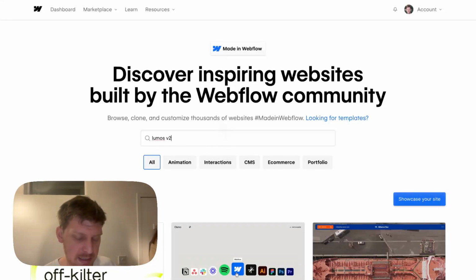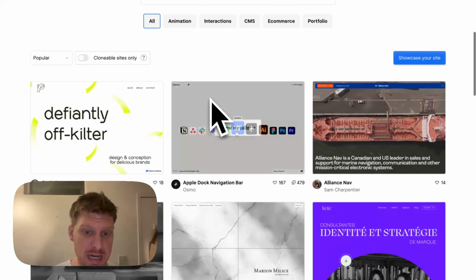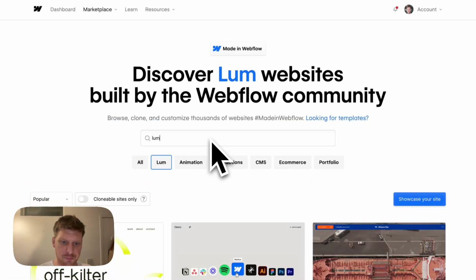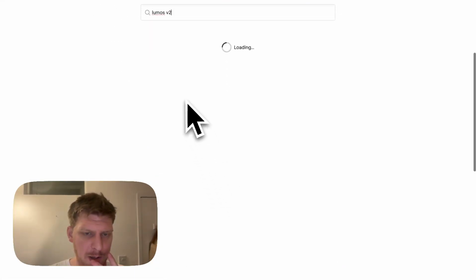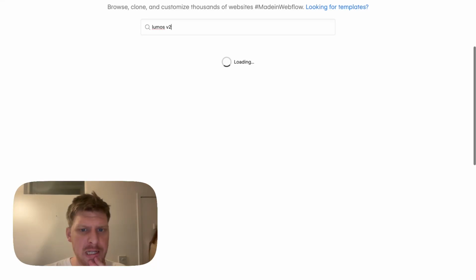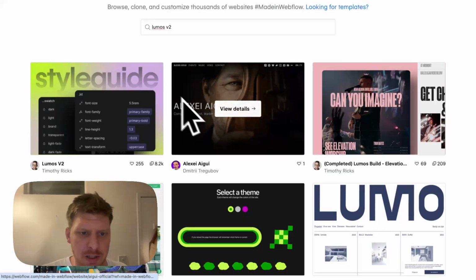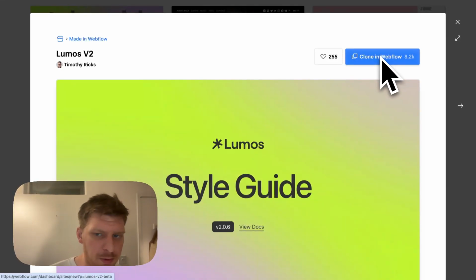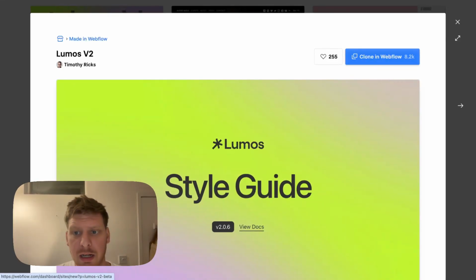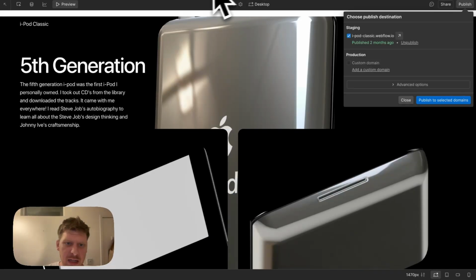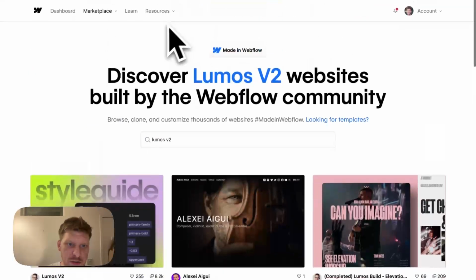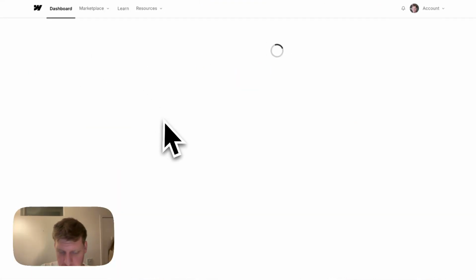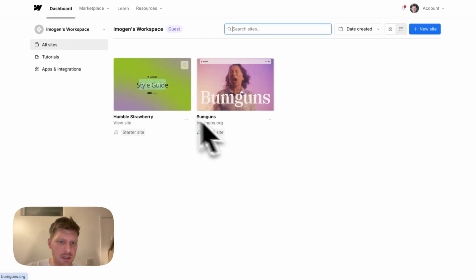Lumos is, like I said, this build system that this guy has created, and you should see his style guide come up. If it ever loads. Okay, so here it is, style guide. You can see it's been cloned by quite a few people. I'm probably about half of those clones. You click clone, and then you'll have a website in your account, which means that you can then use to build. Okay, so if we go back to this page here,